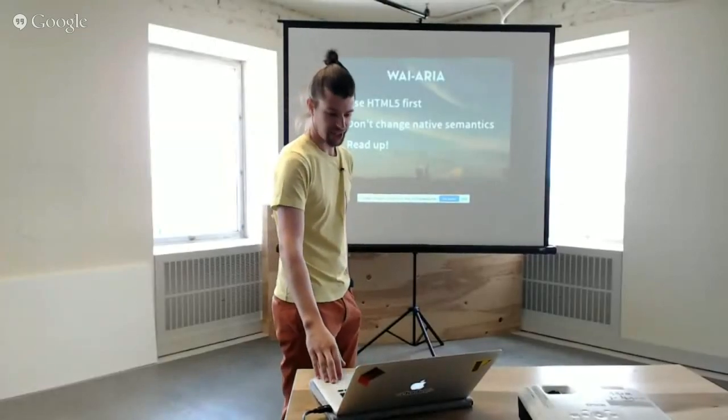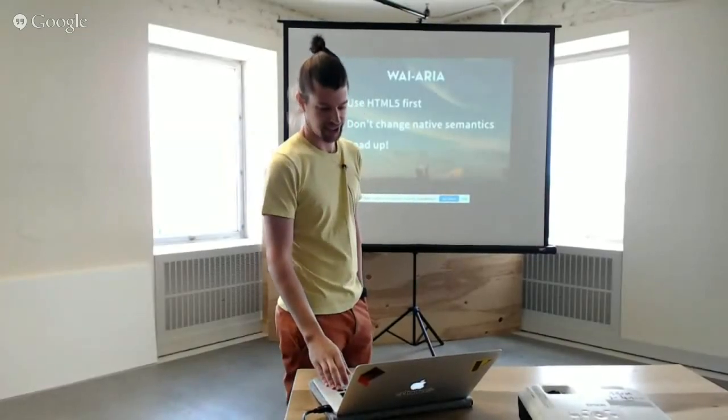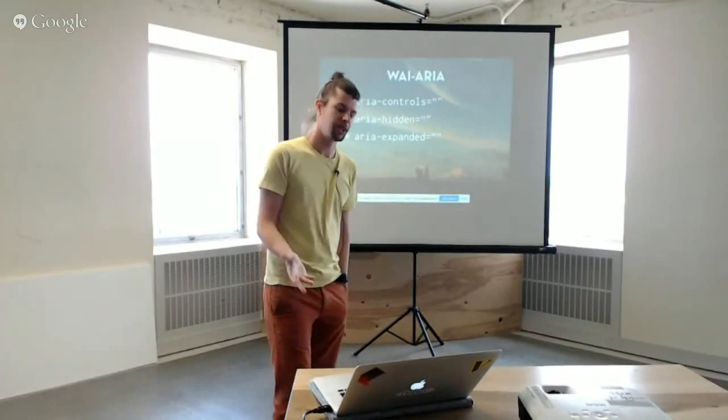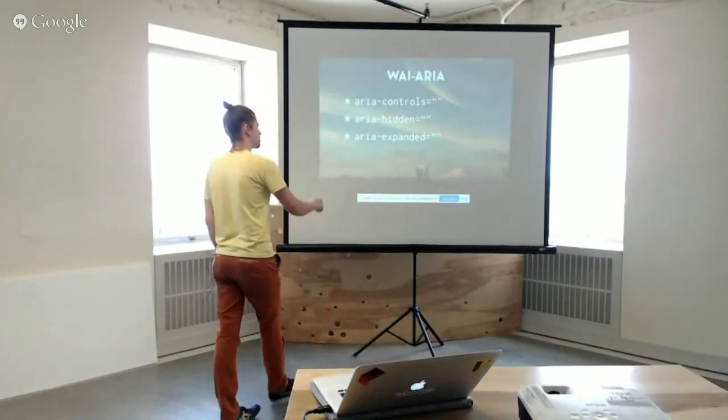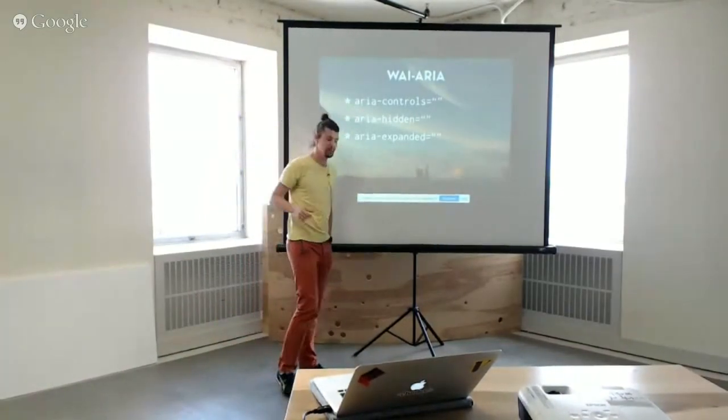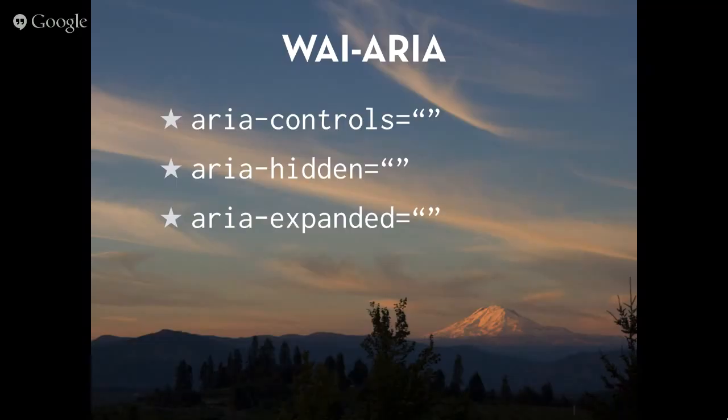The third rule, I guess, is read up, which is, I can't tell you everything. But here's a couple cool things. So there's ARIA Controls. A lot of times we'll have elements where if you click this button, it's going to reveal a tab, maybe like Bootstrap tabs, if you think of that, where there's 3 buttons up top, but the content area only shows 1. So those tabs can say, hey, this button controls this section down here by ID. And when a user clicks that, that section will change,